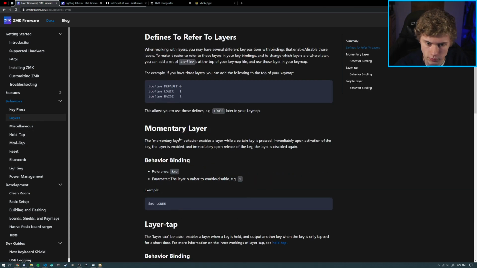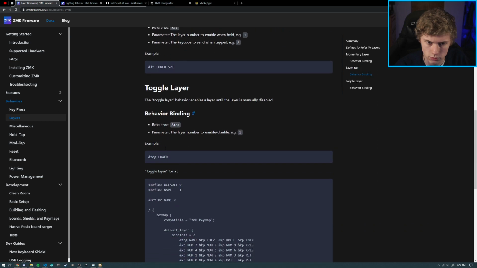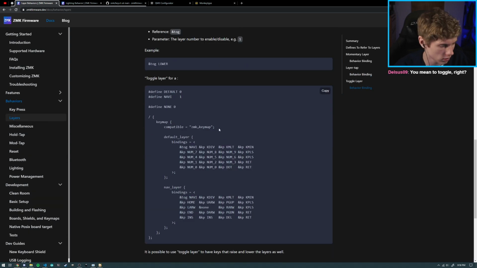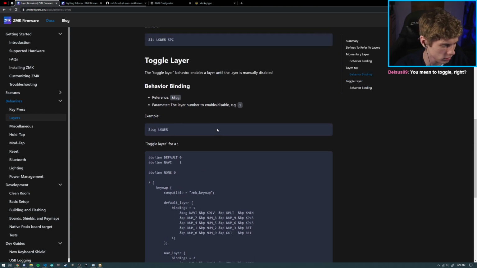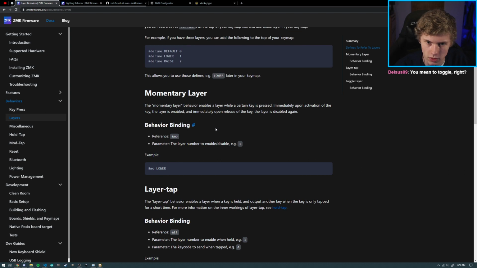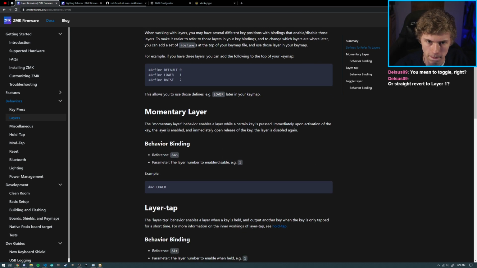Layers. I don't know if it's toggle. We need to just move to it. Because the thing is that what's happening is we need to